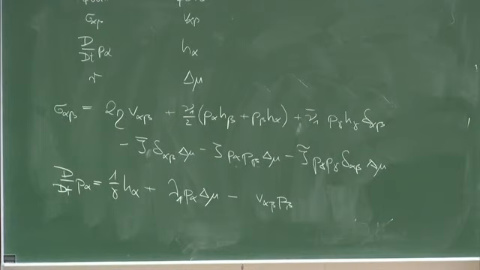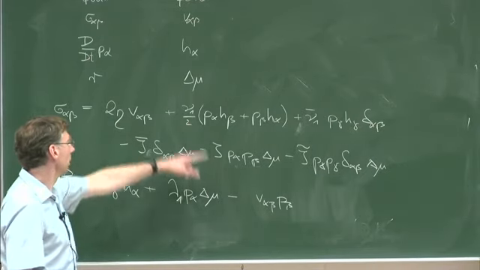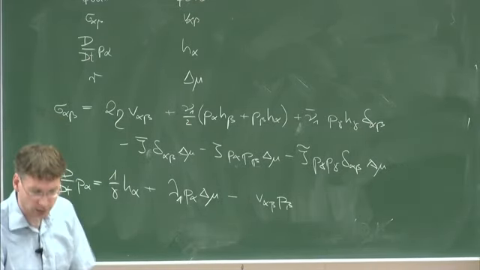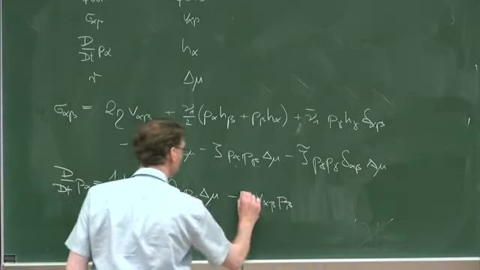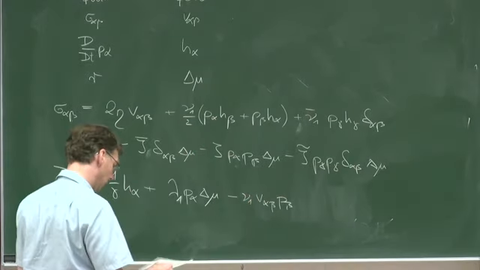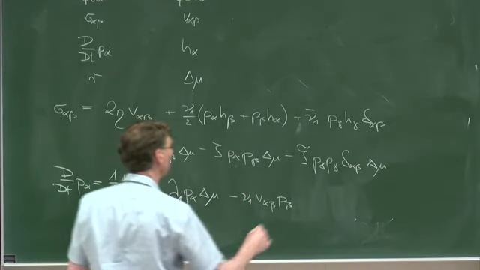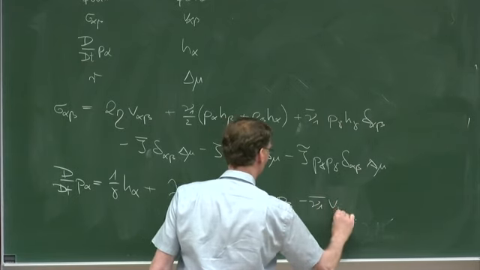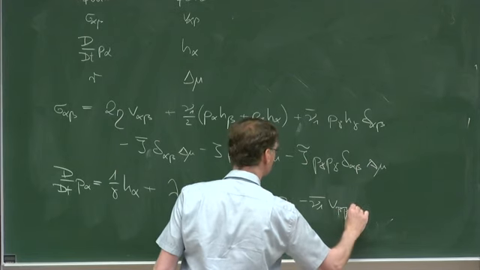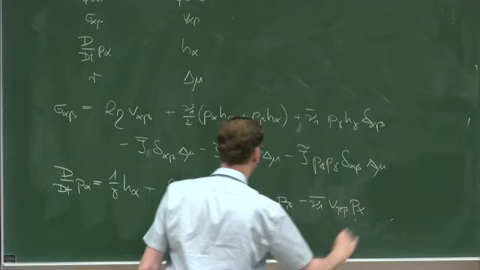And now I have to be careful because the prefactors are imposed by Onsager, and I will have a minus mu1 here, right? And I will have a minus mu1 bar v beta beta p alpha in here,